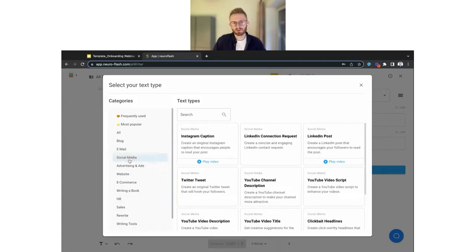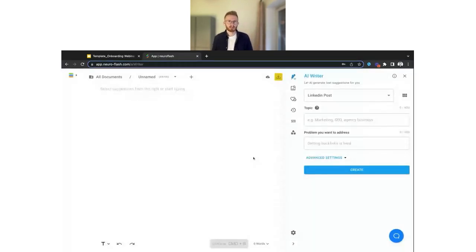So for example, let me go to social media. Let's say that I want to create a LinkedIn post. I click on LinkedIn post, and what opens up now is a pretty familiar interface that we had just seen when we used our workflow. On the left side, again, you have your text editor, the text document. It's empty right now because we have not generated any text in this project. And on the right side, you see our pre-selected text type, LinkedIn post, and two